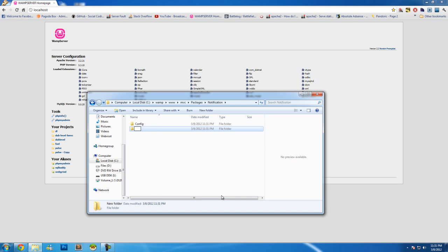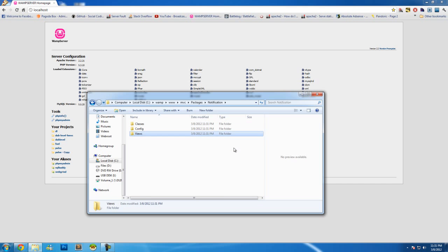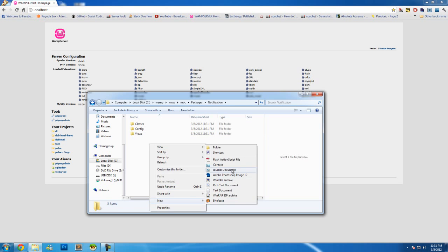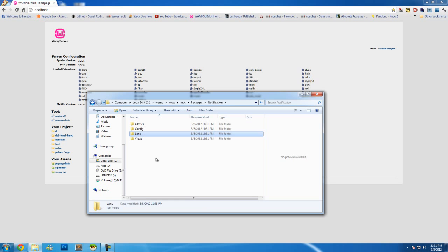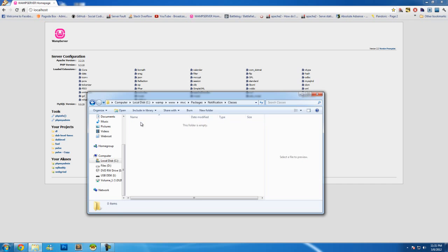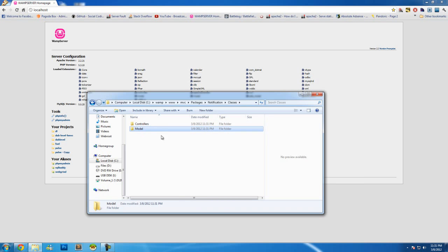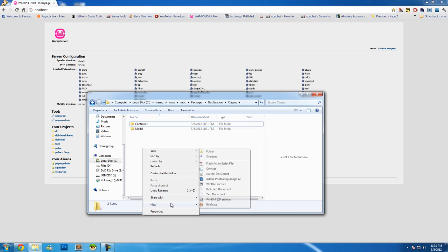Essentially, you can have your classes, and I'll explain that in a second, your views, your language files, so lang, and there are some other ones I'm missing, but in classes you would then have your controllers, your model, it can be singular, and your